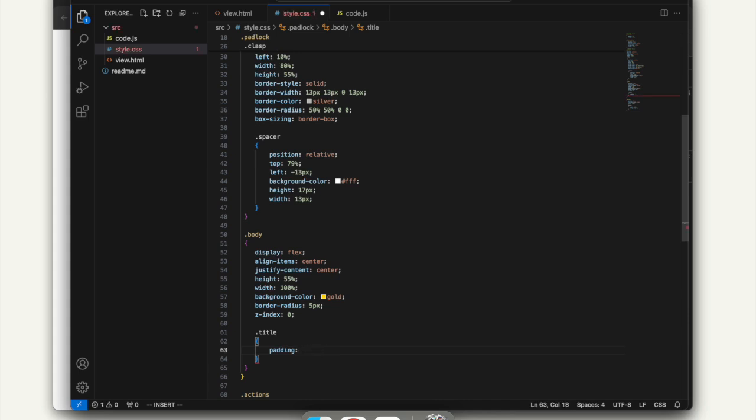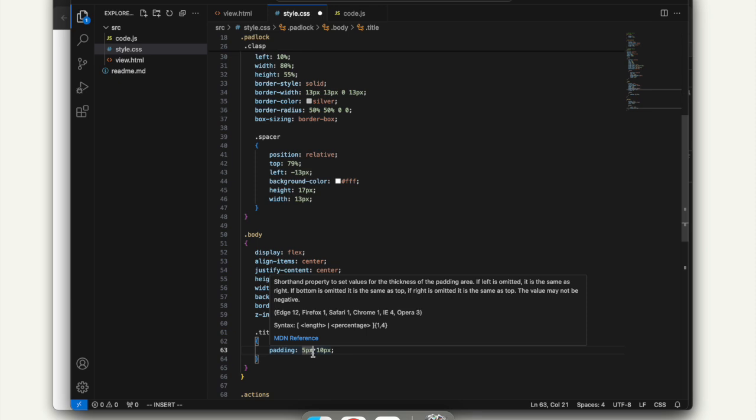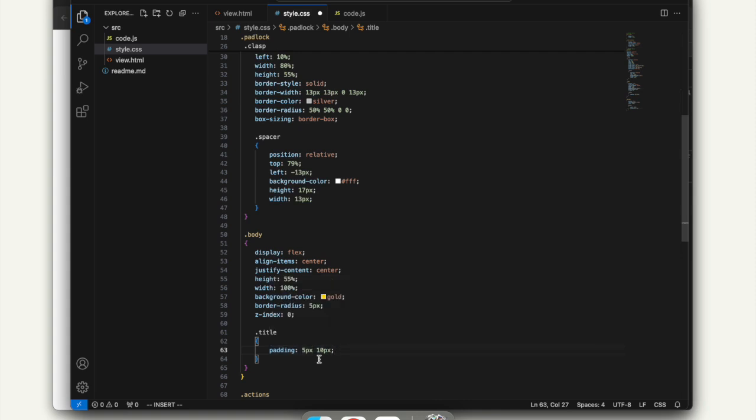And I mentioned before how, if there are 2, how does this apply to the element we're talking about? If you remember the borders, if we have 2 properties here, the top and bottom will get this measurement, and the right and left will get this measurement. So this is just a quick way of saying